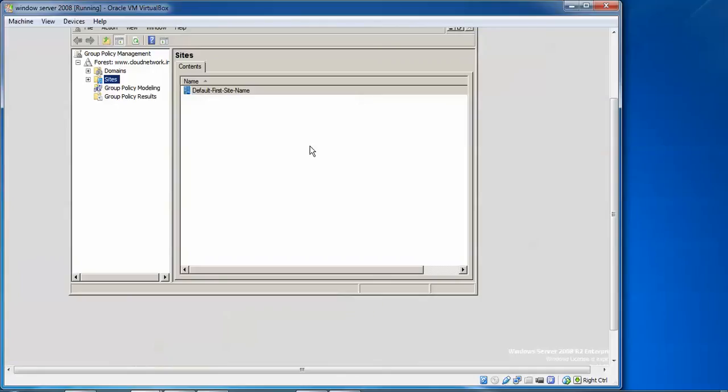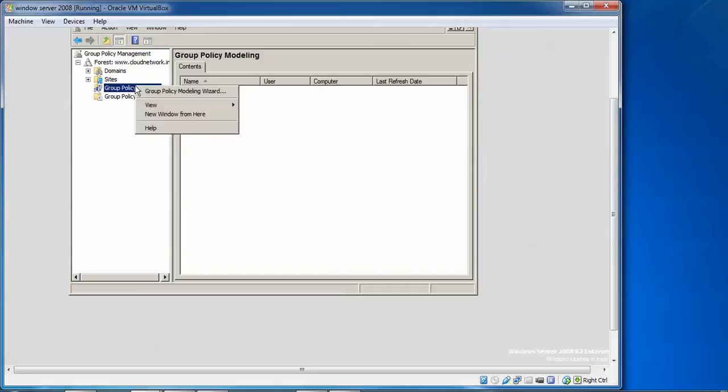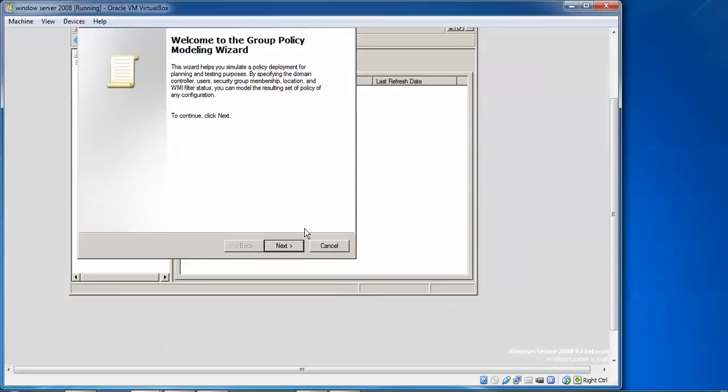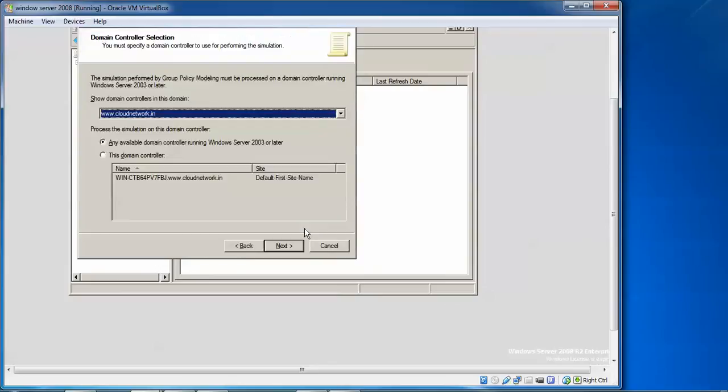Then we need to right click on Group Policy Modeling. Here right click, and we need to click on Group Policy Modeling Wizard. Then Next. After that we need to select our domain name, which is already selected by default. Here is any available domain controller running 2003 or later, or else you can use it for this domain only.